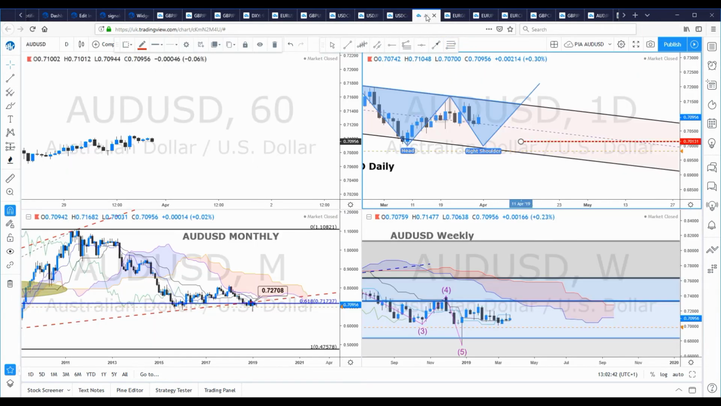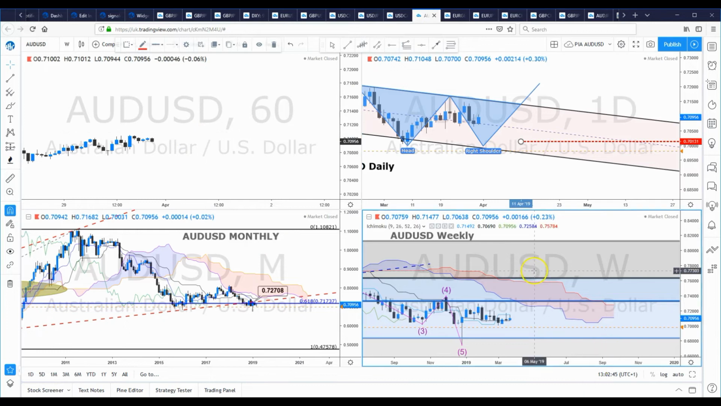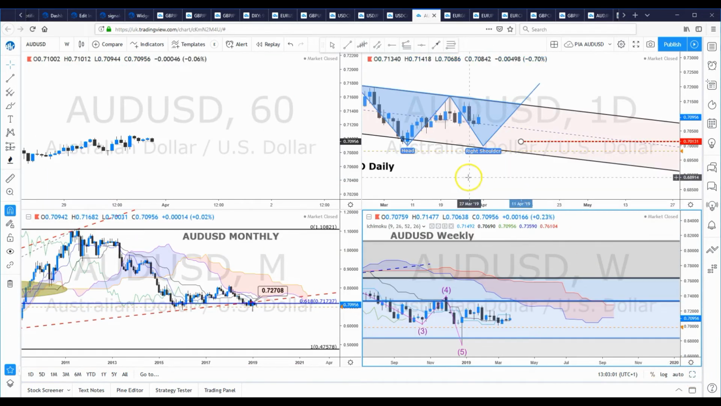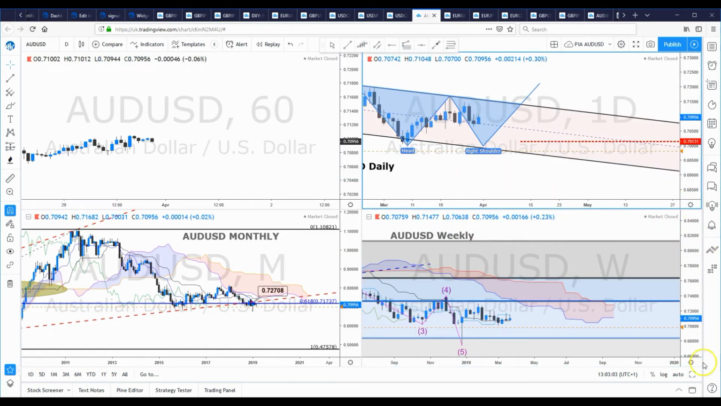So let's get back to chart formations. Aussie dollar weekly chart, 5-wave count completed. Inverted hammer, also a bullish outside candle, highlights the base basically in Aussie dollar. This whole move to the downside has been really mixed and volatile. Intraday trading has been pretty hard to